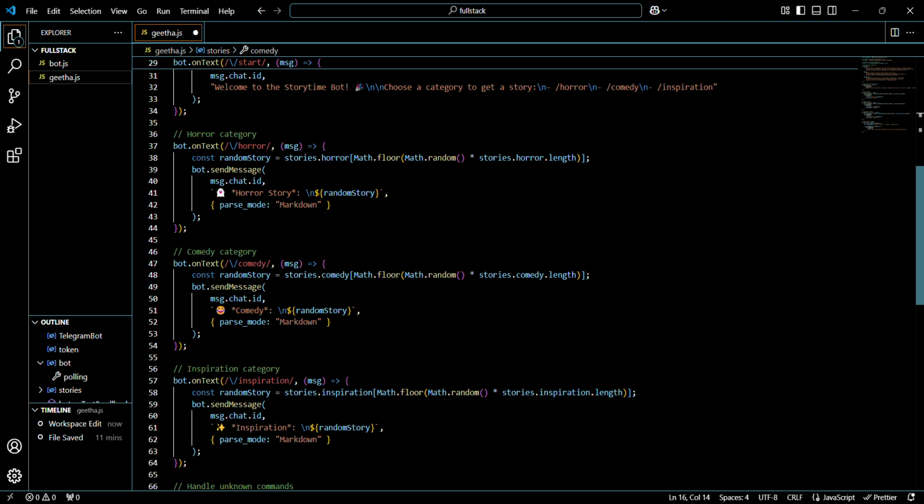Now random stories. Each time a category command is called, a random story is selected and sent back. Graceful error handling. An unrecognized input triggers a helpful message guiding the user. Here you can see